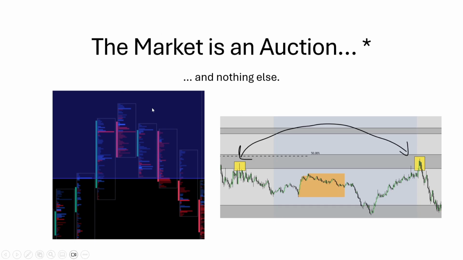So the market is an auction because what we had over here is aggressive buying. I'm going to try and make the chat as interactive as possible because I know some people here do understand order flow. What do I mean by aggressive buying, and how does the chart on the left actually show that? Anyone, just unmute yourself. Try not to speak over each other.